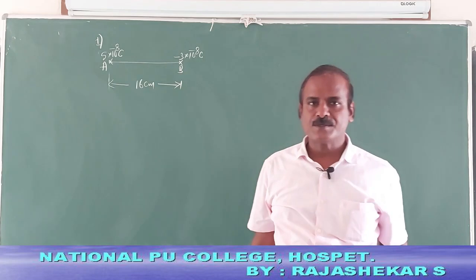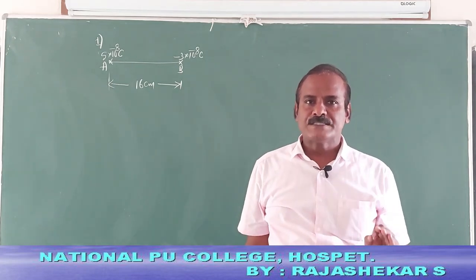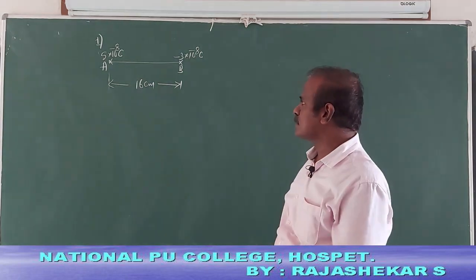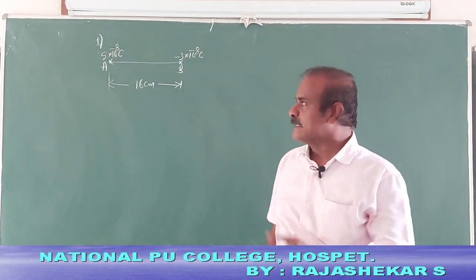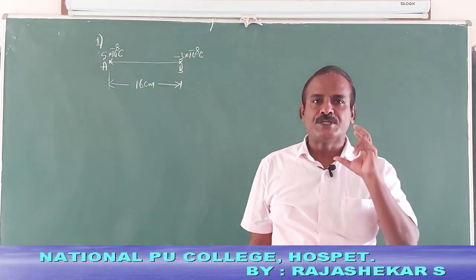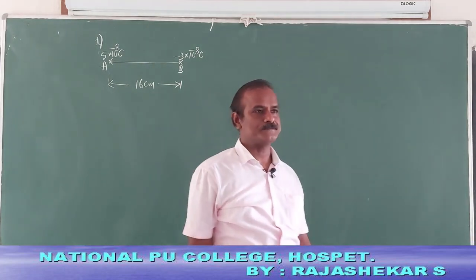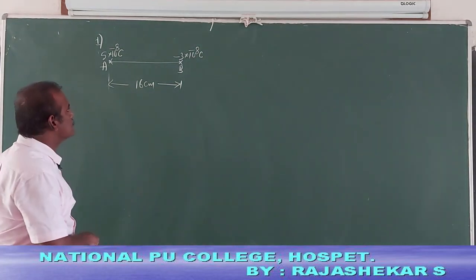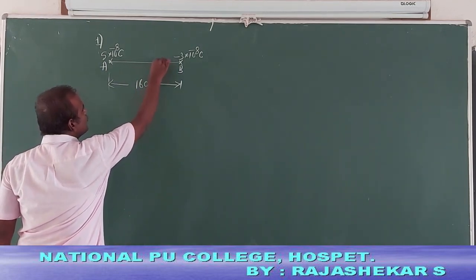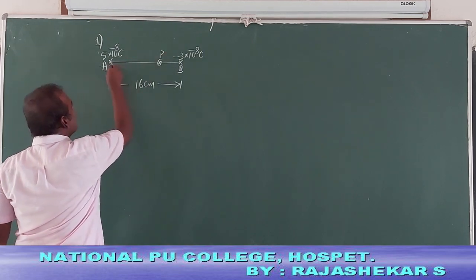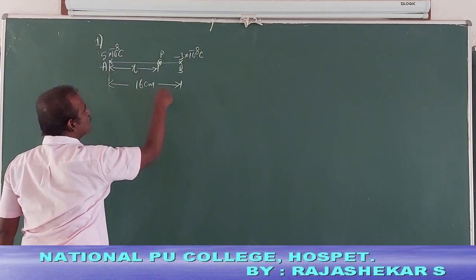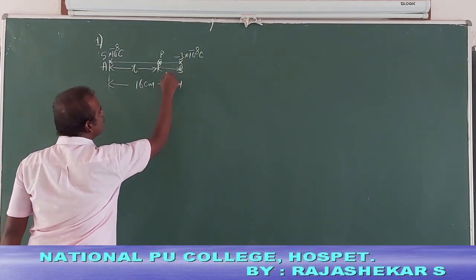And you remember, students, potential is always 0 near a smaller charge. And which is the smaller charge out of the given two? 3 × 10^-8 coulomb is the smaller charge. Potential will be 0 near a smaller charge. We don't know exactly the location, but definitely near the smaller charge. Let it be somewhere here, say P. And let us measure this from this position, say x. The remaining is 16 minus x.